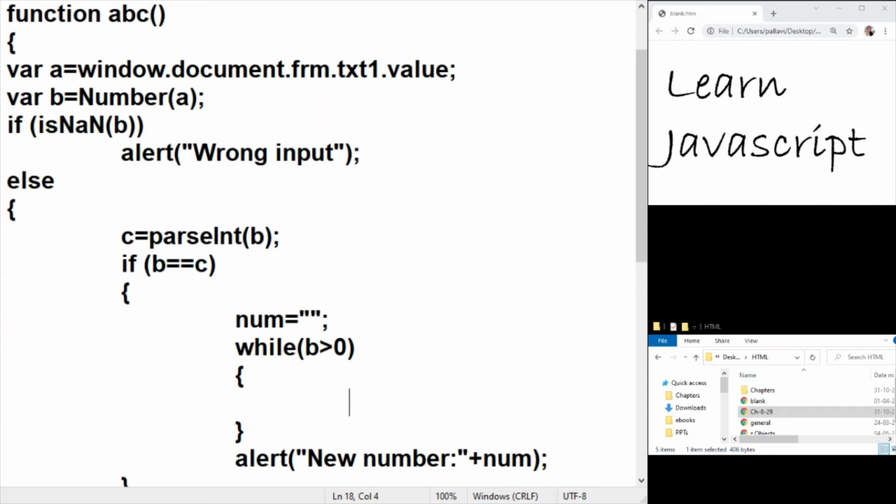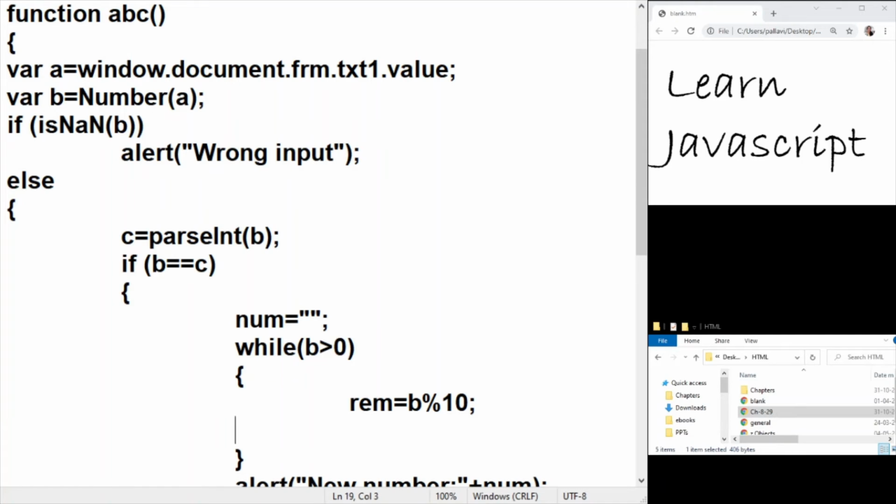So now for the actual logic here, I'm going to take remainder as the variable which will store the last digit. So using the modulo operator, divided by 10, we'll be getting the last digit extracted, but that does not change the original number. So we will have to change the original number.